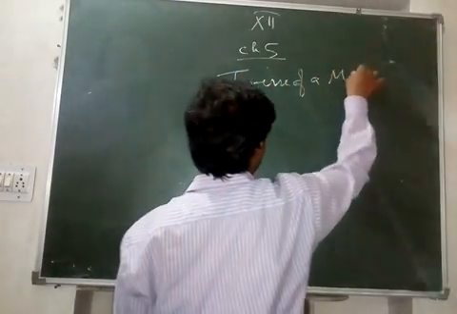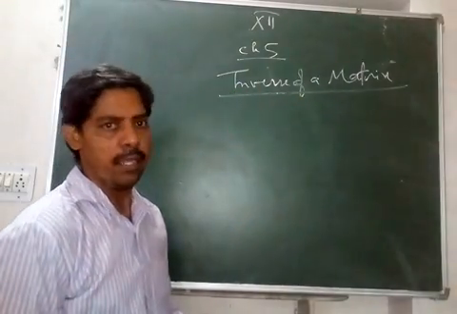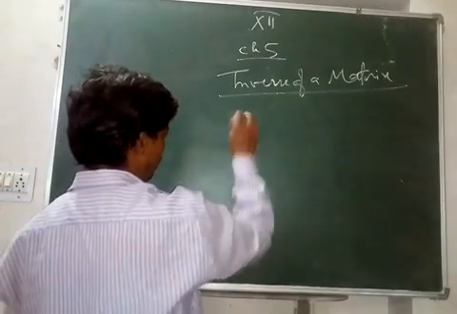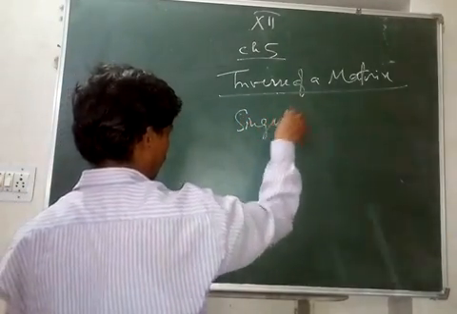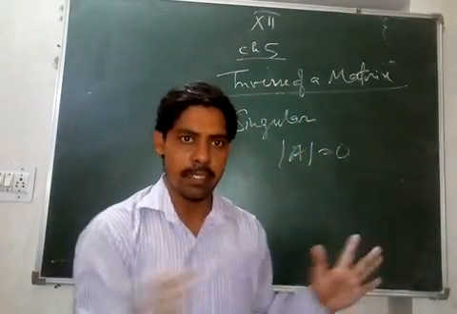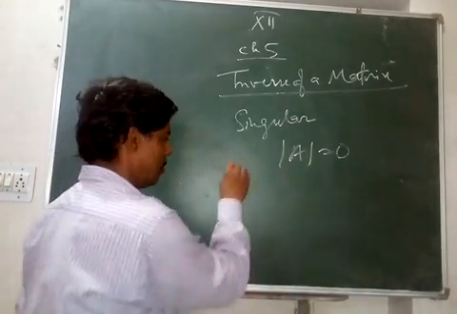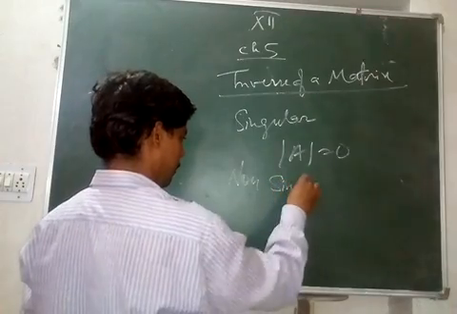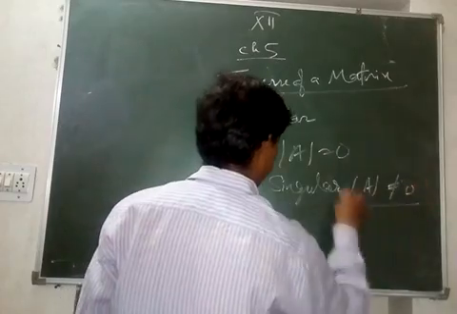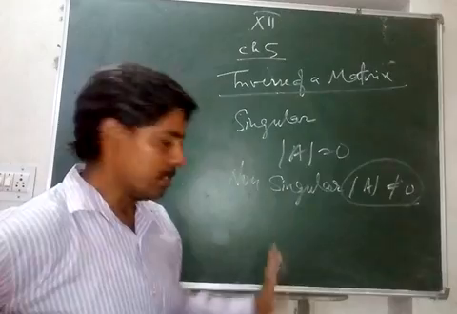Now this is a very important topic, because first of all let us understand what is a singular matrix and what is a non-singular matrix. A matrix is called singular if its determinant is 0. So now we are considering both determinant and matrix at the same time. If you take a matrix and its determinant is 0, then it is singular. Non-singular if its determinant is not equal to 0. Now we are more interested in non-singular matrices, because a singular matrix cannot give us an inverse.